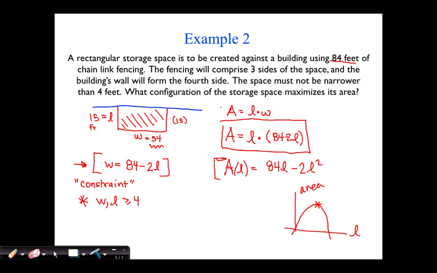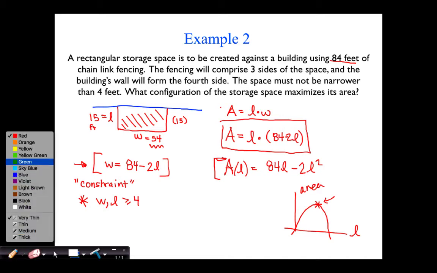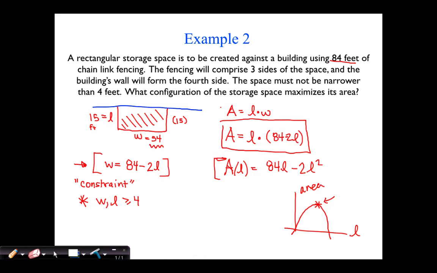So using knowledge of mathematics and quadratic functions, how do I know this is a maximum and not a minimum? I know that because it's a quadratic function that opens down, because I've dealt with parabolas since algebra. So in terms of how to find this vertex, you can even use the old algebra trick, negative b over 2a. Or, since calculus does the exact same thing and this isn't very difficult, I can say,